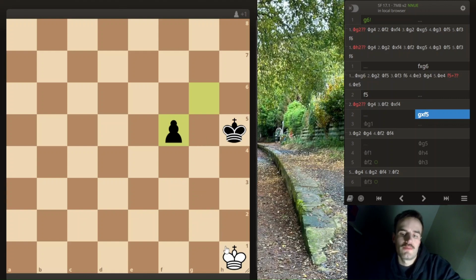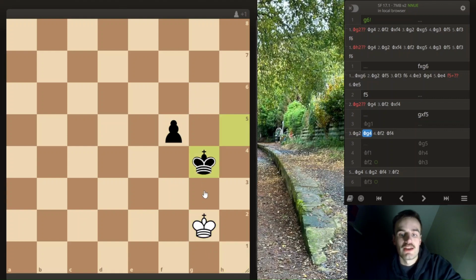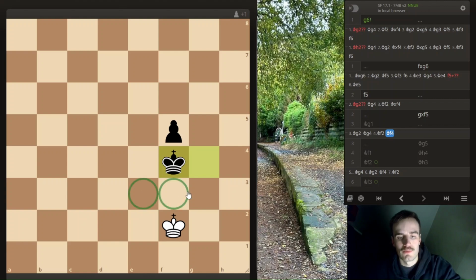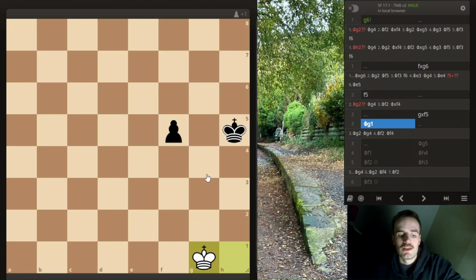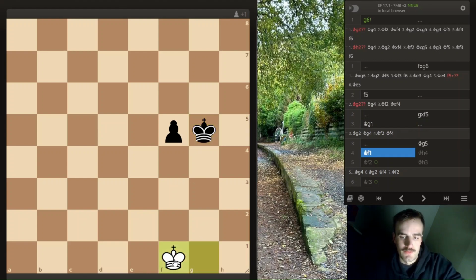Now, it's important not to play the move king g2 here, because that allows king g4, and black has the opposition, king f2, king f4, and black will get access to one of these 3 key squares. However, if we play the move king g1, the only drawing move, then even taking distant opposition will not be enough for black to win this game. After the move king g5, we play another only move, king f1, and now there's no way for black to